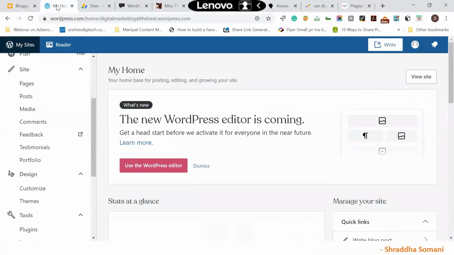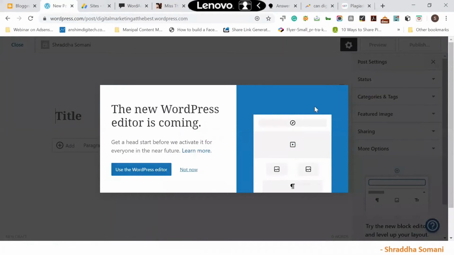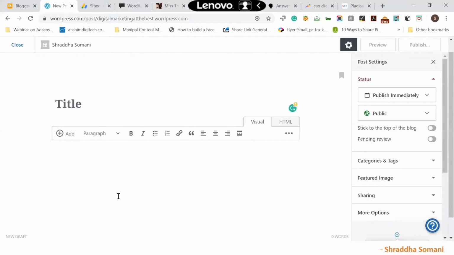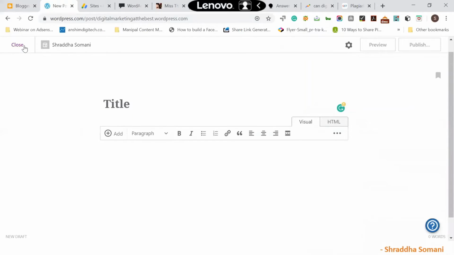Okay, I think now all of you are clear how to create a blog on WordPress. So go to the post, add a new post and start writing your post, and you can publish your post. This also has an easy interface, a Word-like interface, right? And then you have a status. You can publish it immediately or you can schedule it at a later date. This is the same as what we saw in Blogger. So it's very easy to write blogs on these two sites, right?